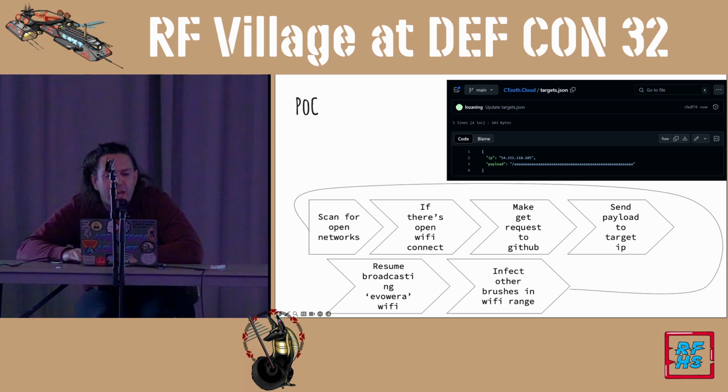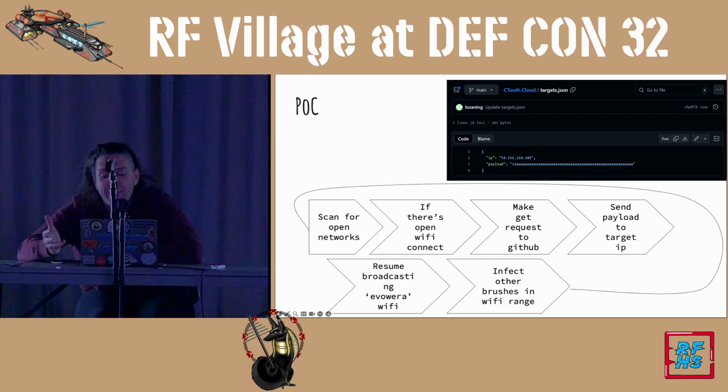request to GitHub, where I've stood up a really terrible C2 with some JSON where you can define an IP address as well as a payload, at which point the ESP32 will download that information, send the payload to the target IP address, and then resume broadcasting the Evowera network for, I want to say, a minute and a half. So you've got a minute and a half to